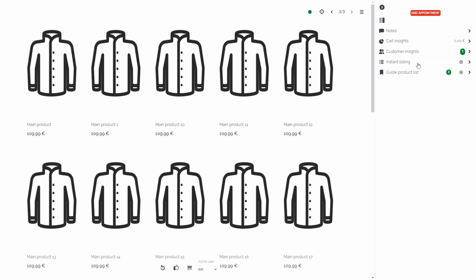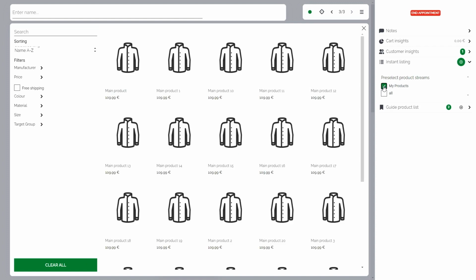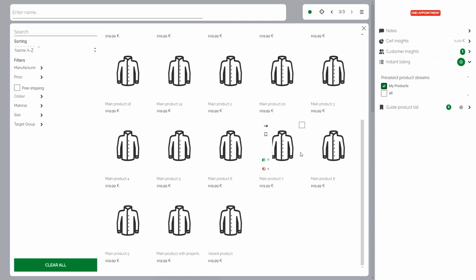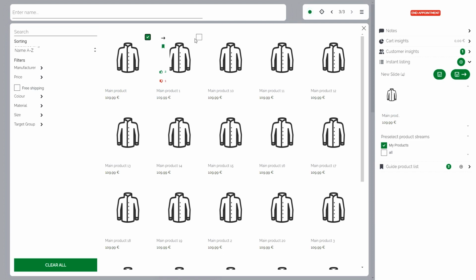But within the instant list, I also have another option. When I click on the drop-down menu Instant Listing, I can let listings be displayed in my overview here. So I've selected my products as a listing, and I'm able to see every product as a list. I can also select products here which then appear on the right side.